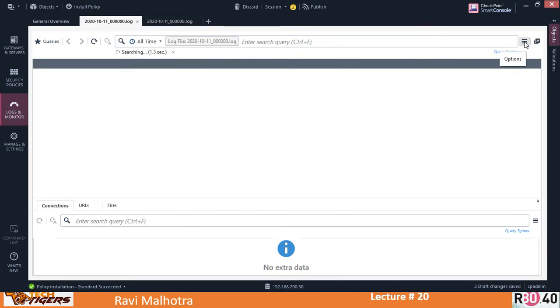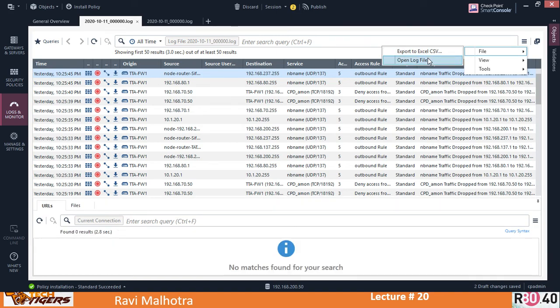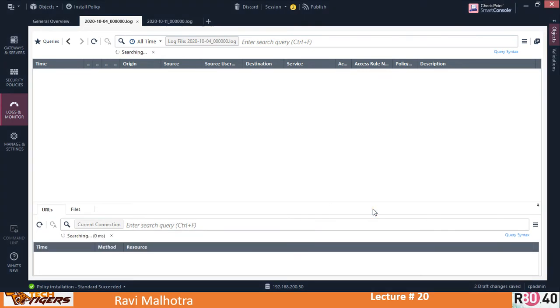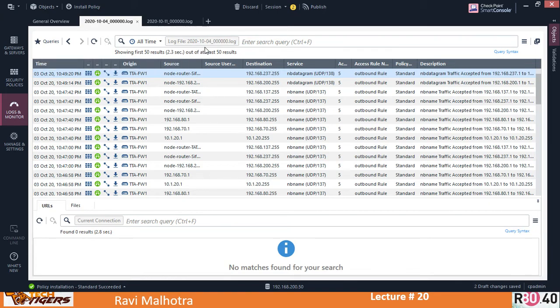So how we'll do it, we'll click on these options. We'll go to File, we'll go to Open Log Files, we'll go to 3rd October, and we'll click Open. So it is now fetching the logs of 3rd October. Okay, and you can also export it. So let's say File, Export to Excel CSV,